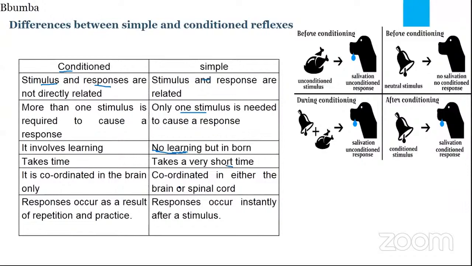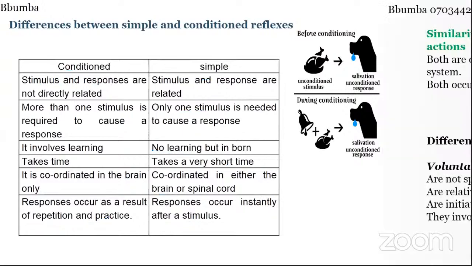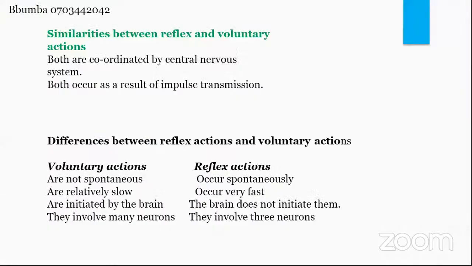A simple reflex is coordinated in either the brain or spinal cord, but the conditioned reflex is coordinated by the brain only. And then the response can occur instantly after a stimulus, but in the conditioned reflex, it must be a repetitive action with practice involved. Okay, so we can go to the next slide, which looks at similarities between reflex and